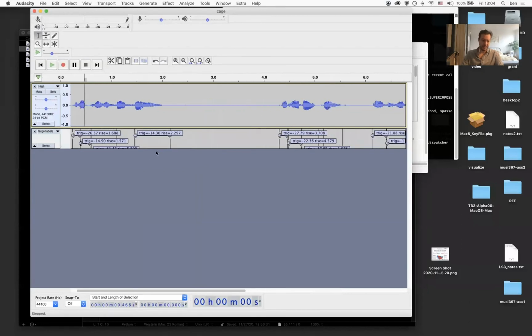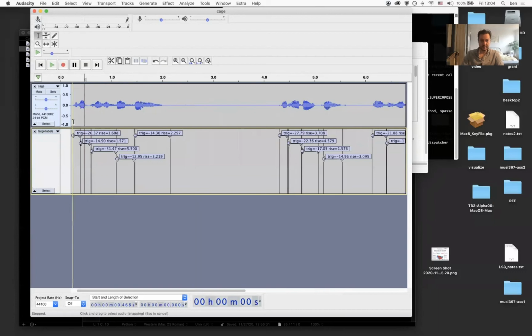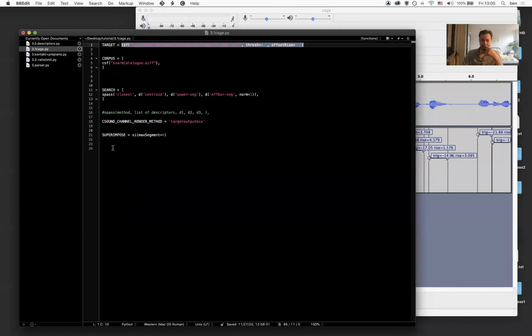And you can see, I suppose, more or less what you would expect, a variety of segments ranging from 0.15 seconds to maybe 1 or even 2 seconds long at certain moments. And going back to the search example,